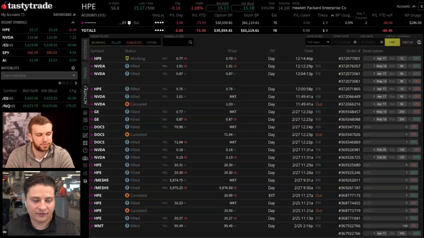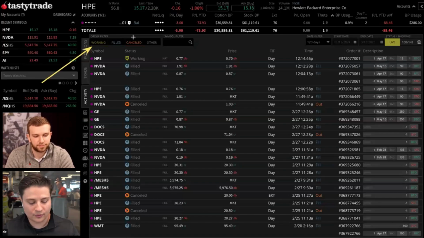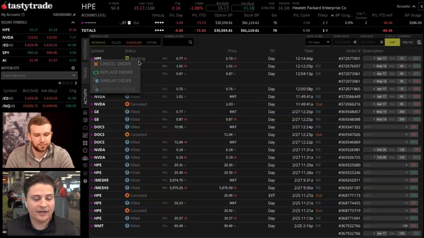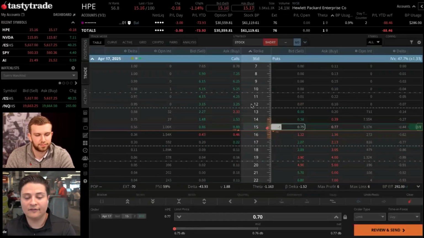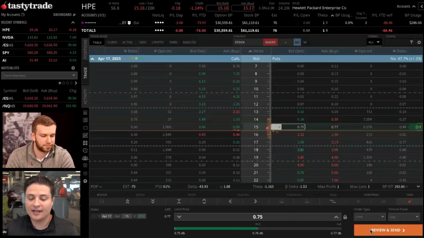From the activity tab, just make sure you have your working filter selected at the top of the page, so all working orders will show. And then to adjust that working order, all you need to do is right click, and then you can either cancel the working order completely or replace it if you're trying to change the price. So, for example, if we wanted to bump this price up to 75 cents and now send that,